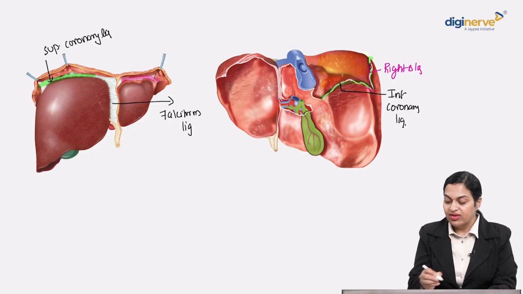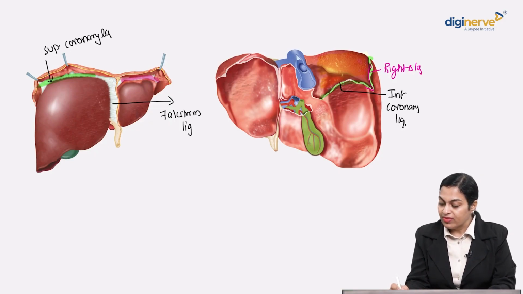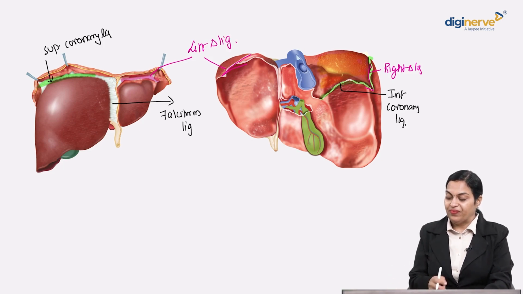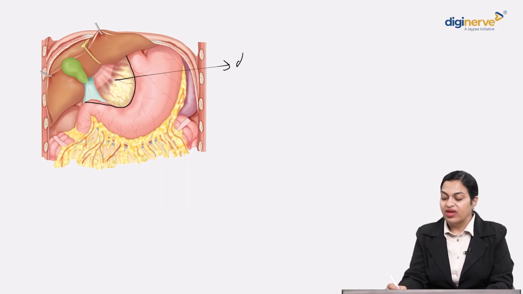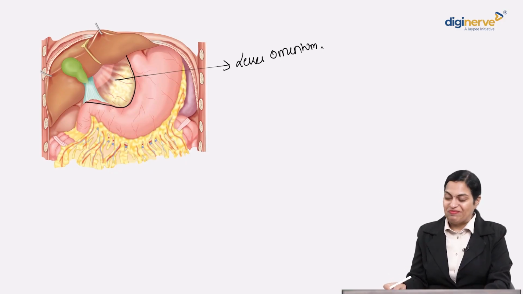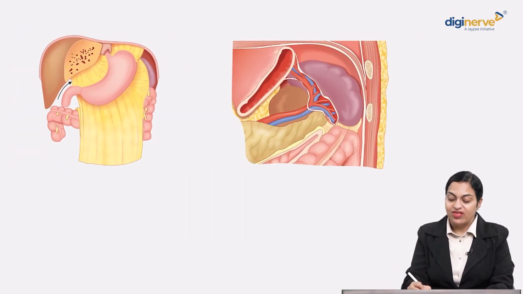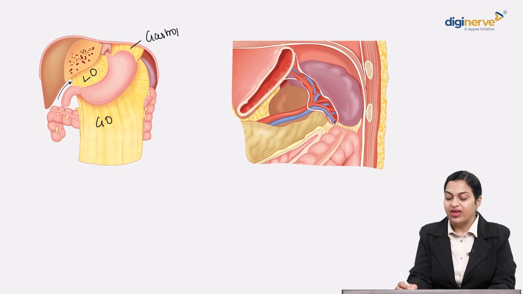This again, this one here, right? So this is the left triangular ligament. Okay. This is the lesser curvature of the stomach. Attached to it, extending from the lesser curvature to the liver, is the lesser omentum. Okay, so this is the lesser omentum, this is the greater omentum, the gastrophrenic ligament, the gastrosplenic ligament,